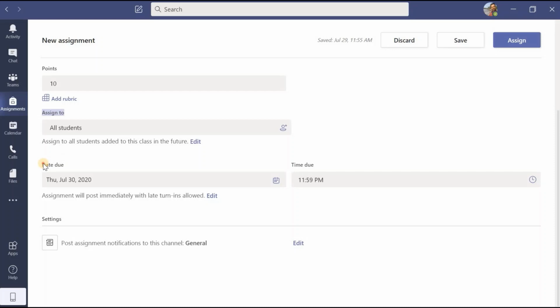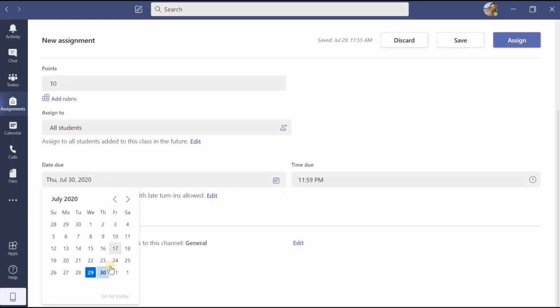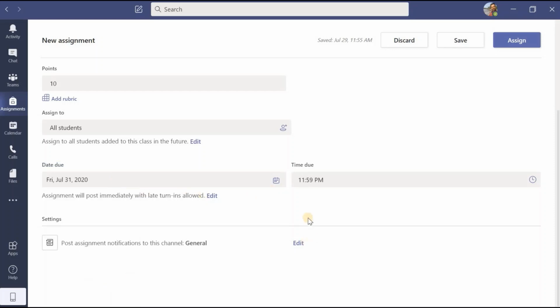Okay, now the next option is due date. Here, suppose today I am going to post that assignment, and in order for you to submit that assignment, I have to set some deadlines, because if we are not going to give deadlines, students are not going to work. It is like that. That's why we have to select the due date. Let us say by clicking here I will select 31st of July up to 12 midnight. That due date and due time we have selected.